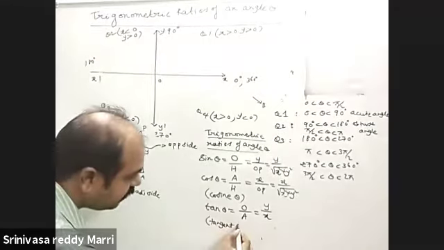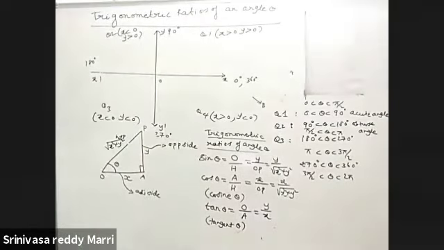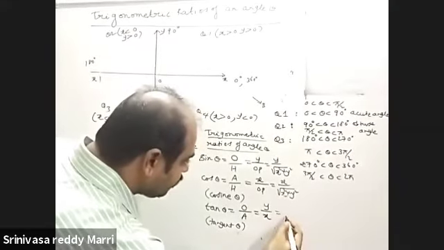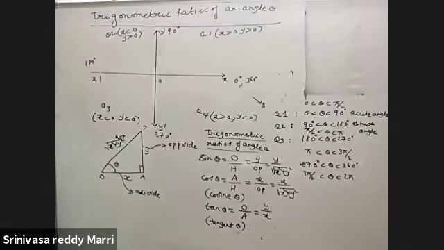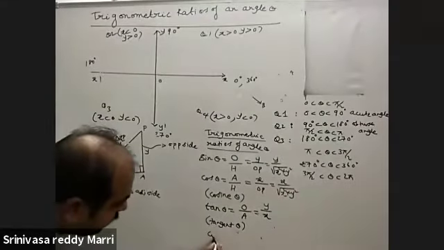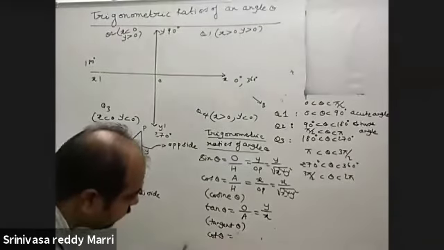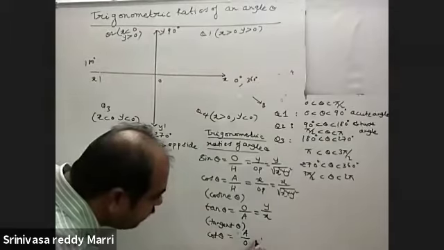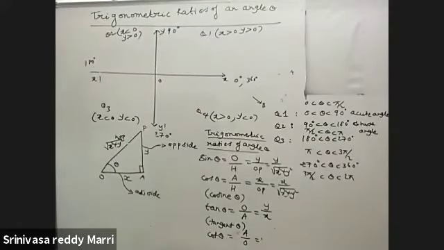This is also called tangent theta. That means this is the ratio tan theta. Now look at cot theta. There will be 6 trigonometric ratios. Cot theta is equal to adjacent divided by